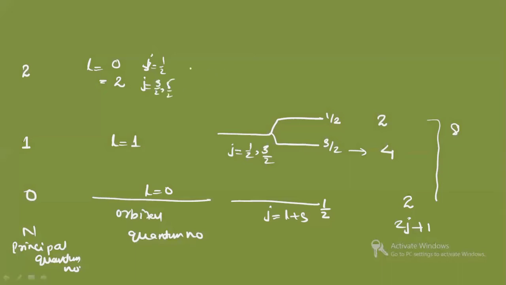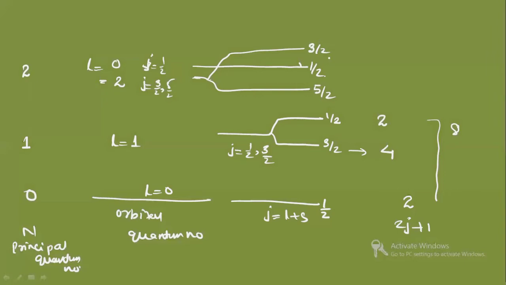So when you will do the splitting, for L equals to 0, it is half. Okay. Now for L is equals to 2. So I will just do the splitting this way. So here I will write the greater one, 5 by 2. Here I will write the smaller one, that is 3 by 2. So how many will be filled here? Here it will be filled 2. Here it will be filled 4. Here it will be filled how many? 6. So you see here, in total how many are filled here? Till in this 12. And up to here, 12 plus 8, 20.